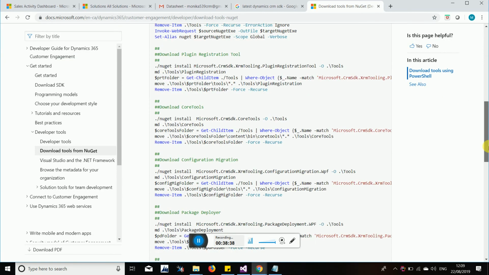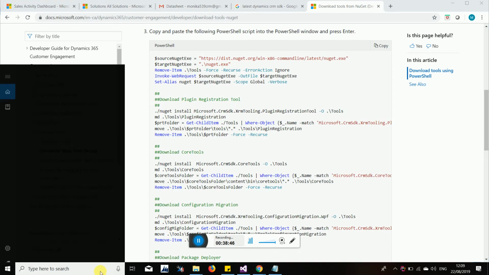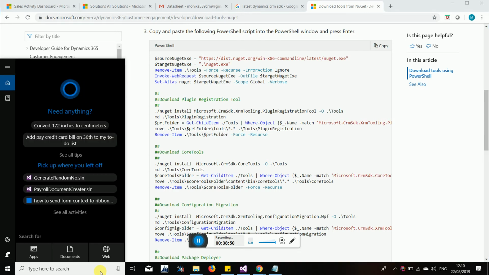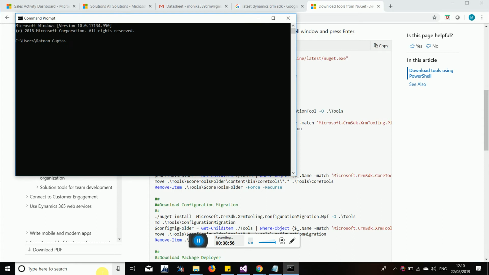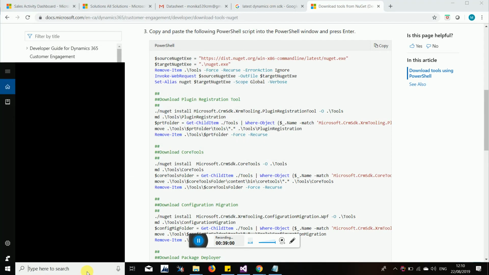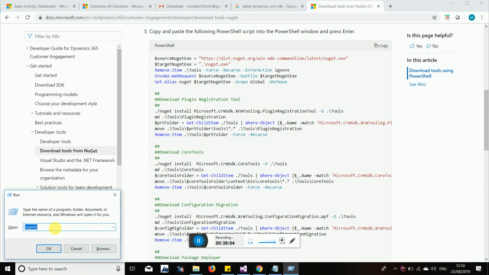PowerShell. From PowerShell we can do it. You need to copy the complete script. After copying this script, go to run, not CMD exactly, write run over here.